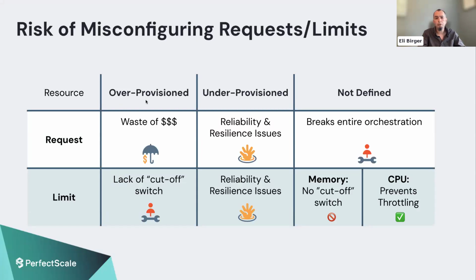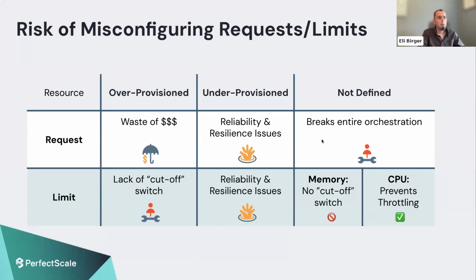If we over provision the requests, and I am a developer and I need to define how much CPU or how much memory I would like to assign to the container, in most of the cases, I will try to overestimate because I don't want to be waking up in the middle of the night. That's the fear that drives me here. So I will guesstimate and overestimate. The result will be waste of money. If I underestimated it for some reason, then I will have the reliability and resiliency issues like evictions, throttling, latency,